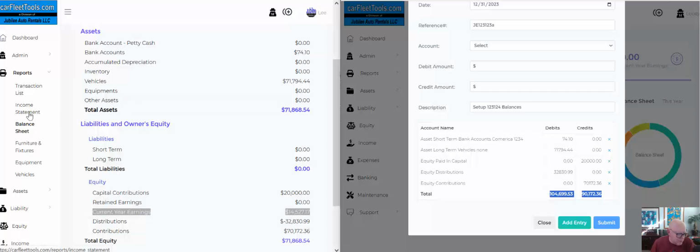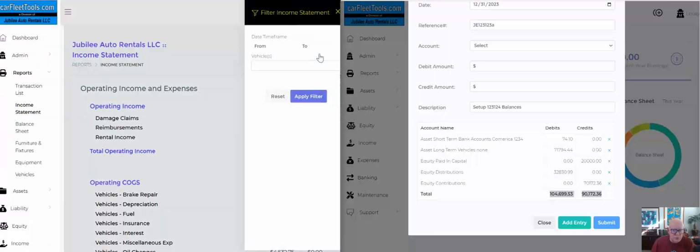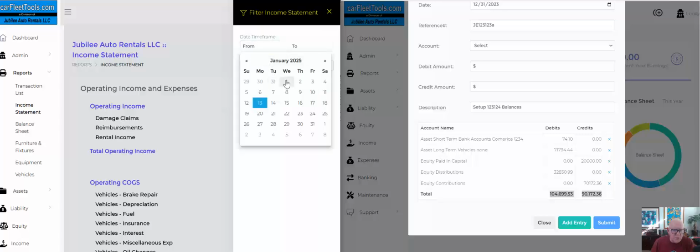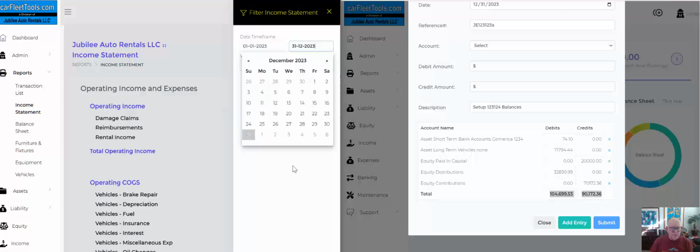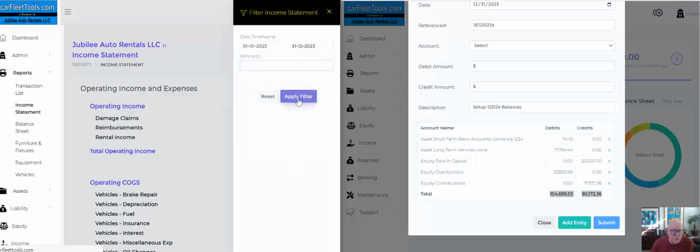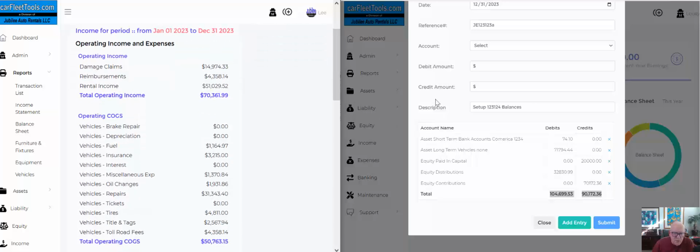So we're going to go to the income statement over here on the left-hand side. And now we're going to use the filter tool to set up a January 2023 to December 2023. So I'm going to just change the ending dates here. So now we have January 2023 through December 2023. I'm going to click Apply Filter, and the system is going to come back and create the income statement. So now what we're going to do is I'm just going to go ahead and scroll this up a little bit. So now we're going to go ahead and input all of the income